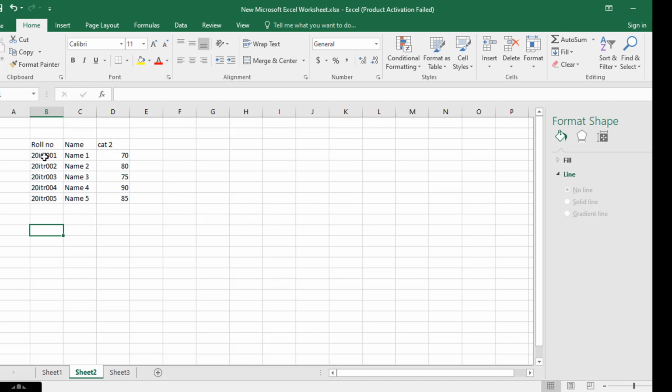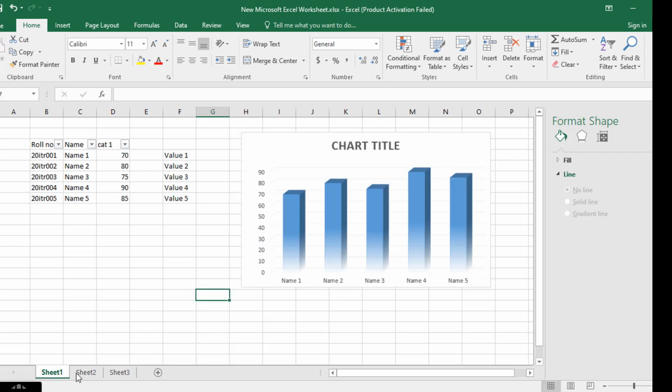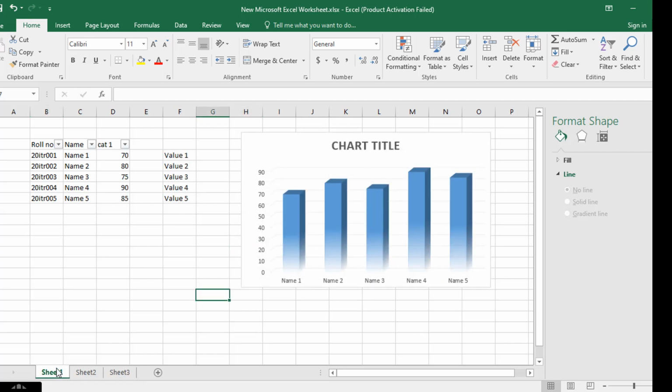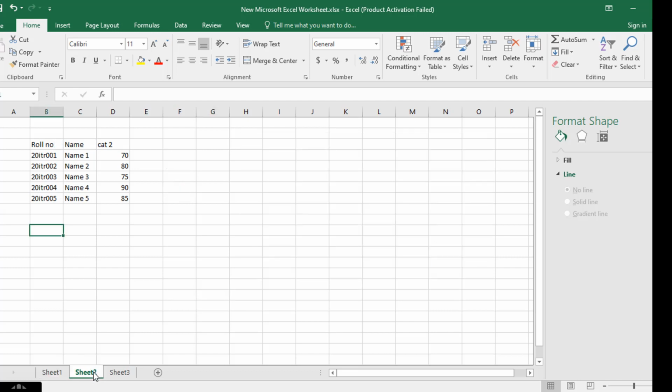In sheet 2 I am having roll number and cat2 marks. In sheet 3 I need to calculate the internals. Now you are having 3 sheets. That means when I add the data from sheet 1 and sheet 2, the result will be displayed in sheet 3.